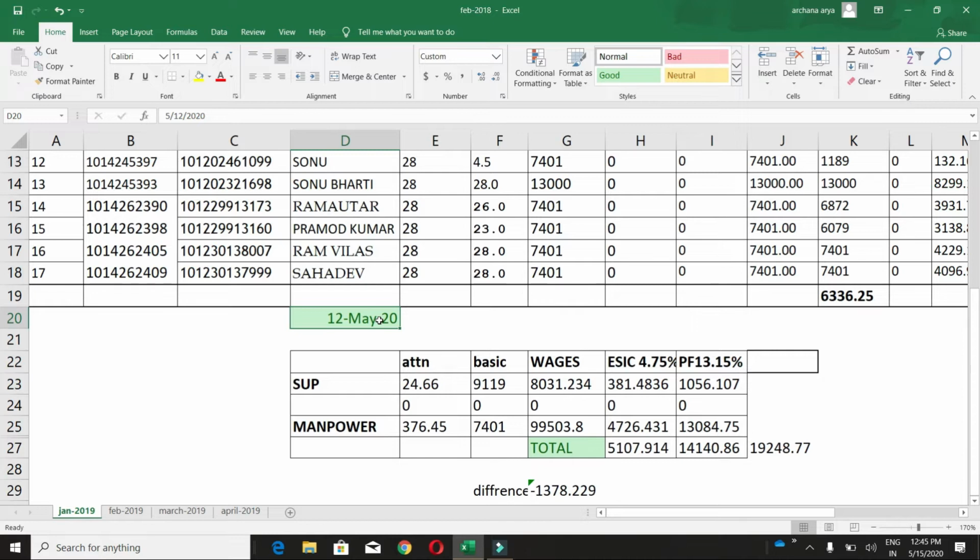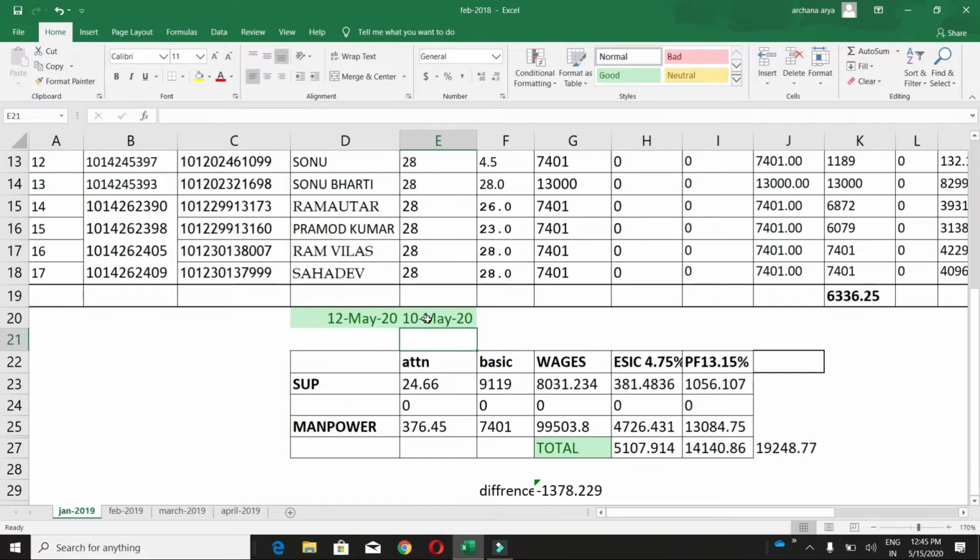Whatever date you enter here in between the last week and this week will be highlighted. If I enter here 10, it will be highlighted in the green color. Fine, I hope you have understood this.